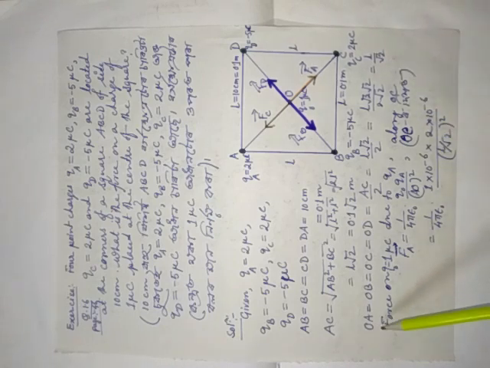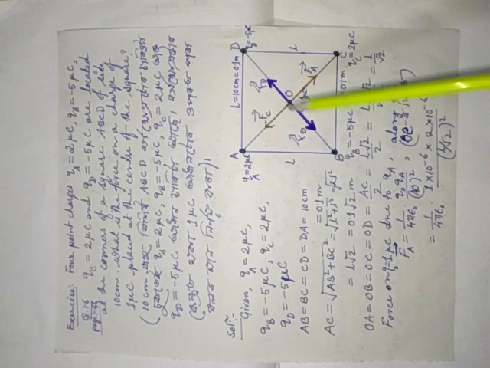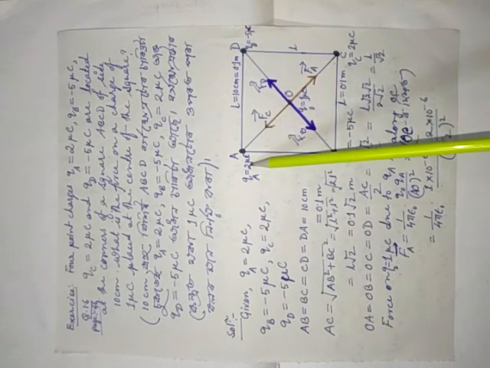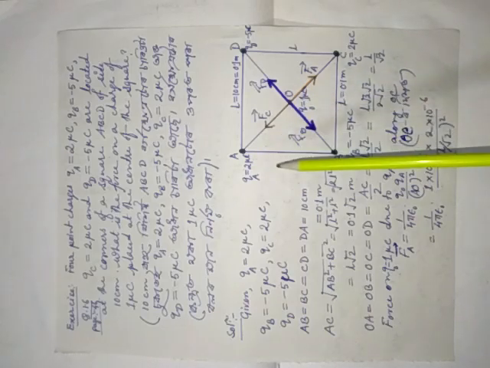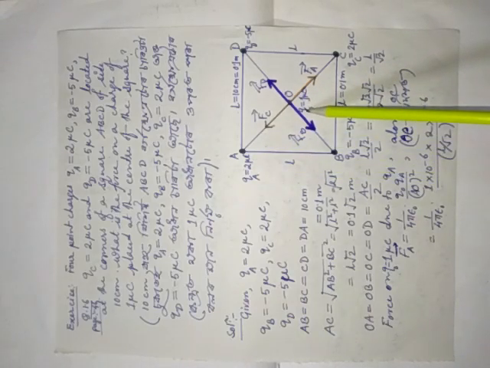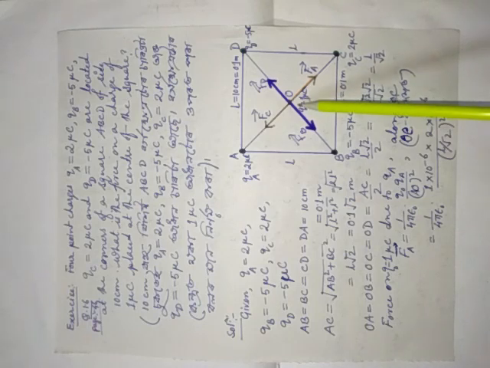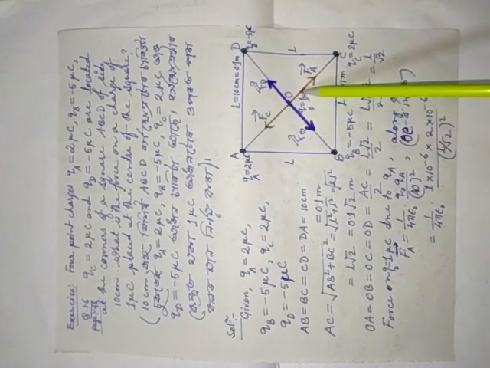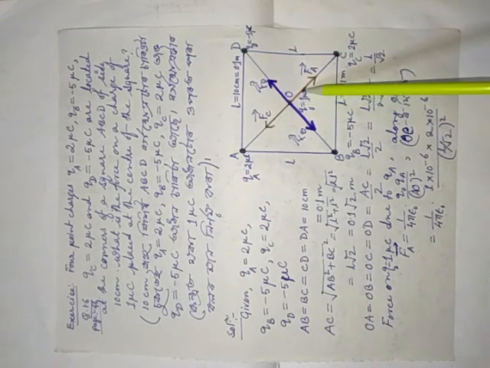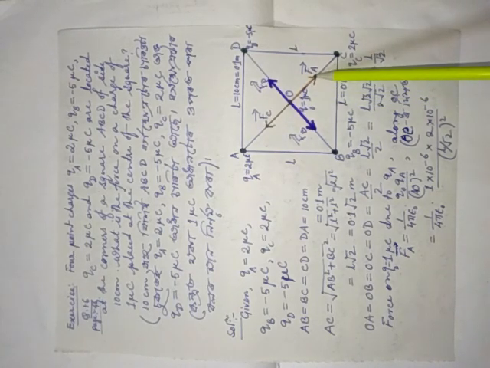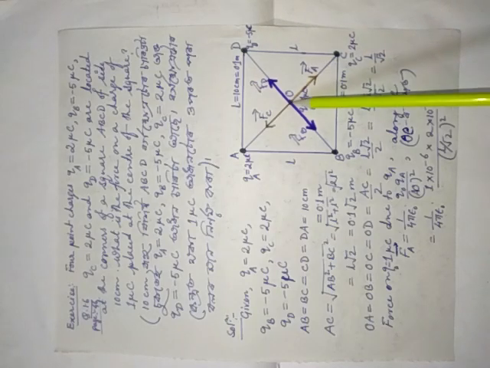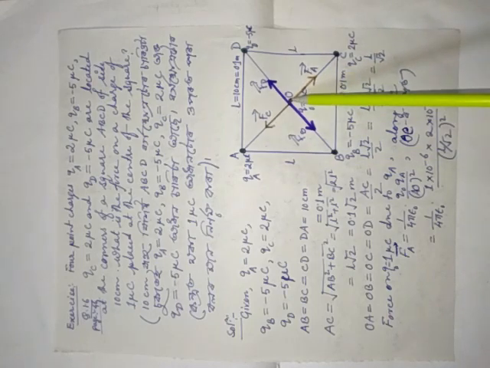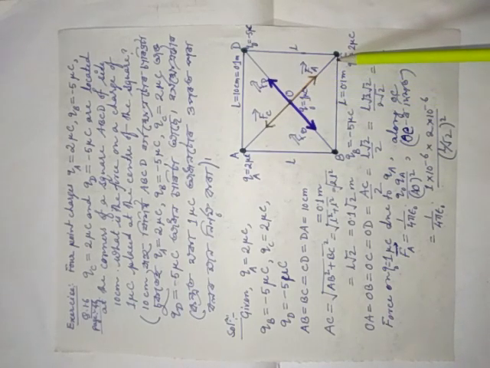Now see why I have required OA, OB, OC, OD, because I am going to find out force on Q naught due to QA. Due to QA there is a force on Q naught. This is a repulsive force. Why? This is positive charge, this is positive charge. The line joining the charges is this line, and force will be along this direction. I have represented it by this vector, FA vector, the force on Q naught due to charge QA. That means along OC.